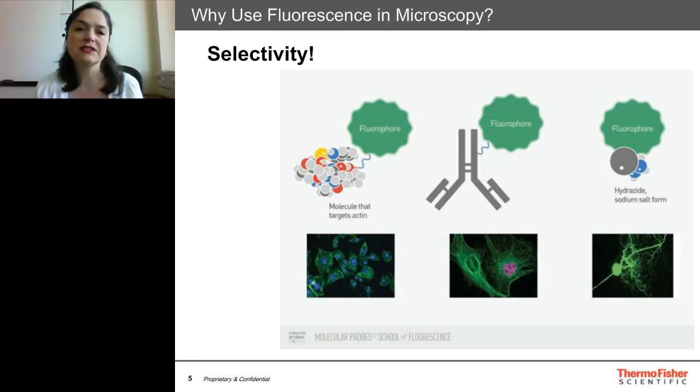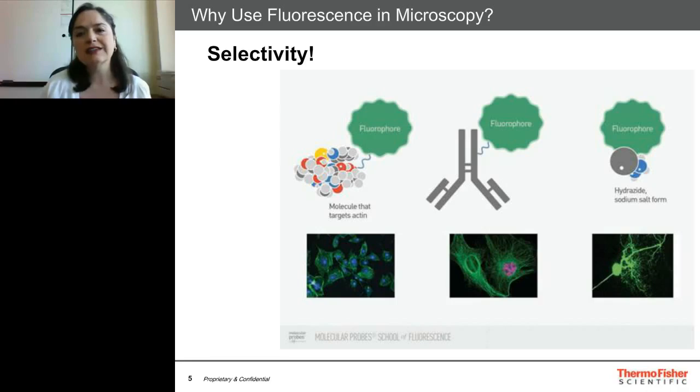So in the first example, this fluorophore is conjugated to a molecule that targets actin, and you can see an example of what it looks like when you label actin in green in the little picture below. In the middle example, the fluorophore has been conjugated to an antibody, and usually they're secondary antibodies, and you can see in the picture below what's happened when you've used immunolabeling to deliver that fluorescent